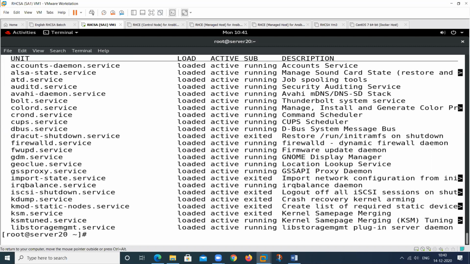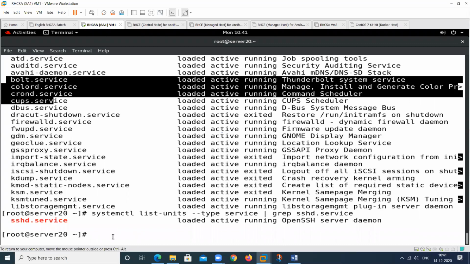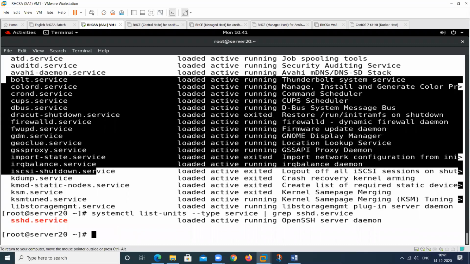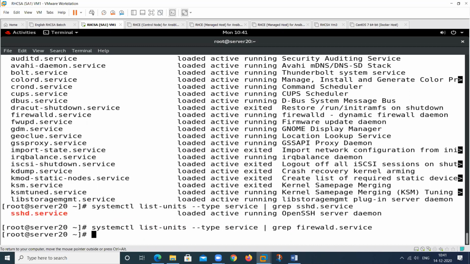In this, if we want to search for any specific service, you can grep this. Suppose sshd, is this available or not, the service that is used to control it, so this one is available, you can see here. If you want to filter from this, suppose we have another service, that is firewall. So we have a name firewalld, see, firewall, firewall, WALL, that is double L. So this service will be displayed.